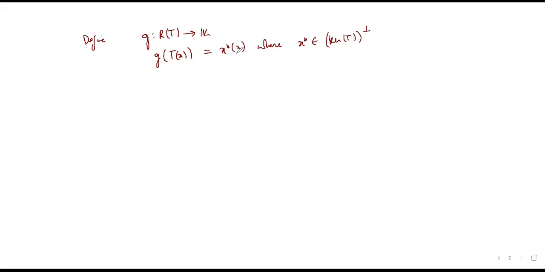So of course X star at X would be a scalar. So this is a map. Now, is it well defined? Of course, it would be well defined only if actually X star belongs to kernel of T first. Because if